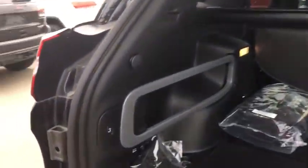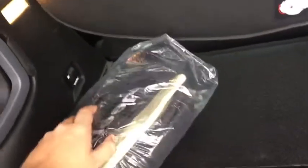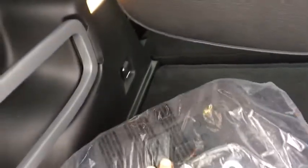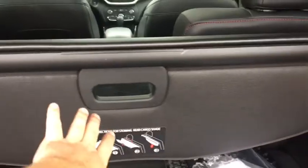In the back here, some storage on the left-hand side. It's got like a hitch cover. Got all this extra stuff. Little bag with gloves and stuff in it. Pretty cool, pretty cool. Privacy cover, you just pull it back, hooks into here, and you know, protects you from window shoppers, really. Spare tire, some